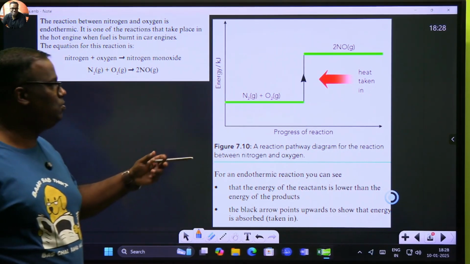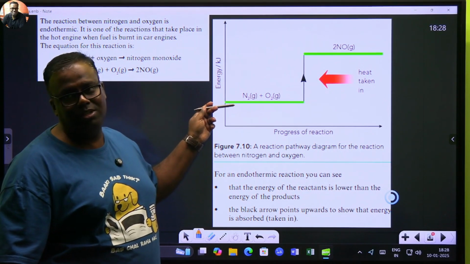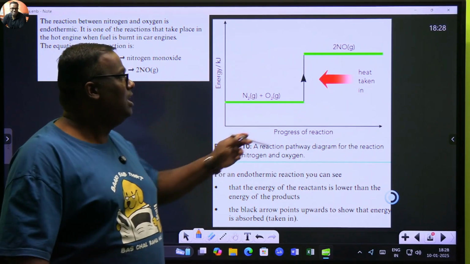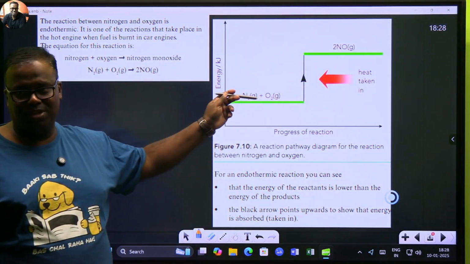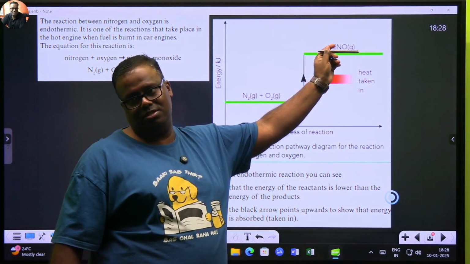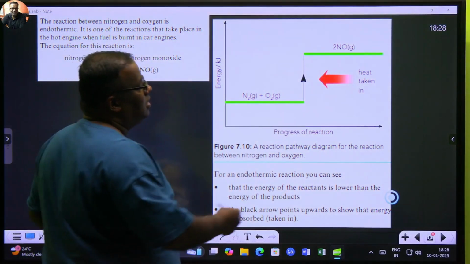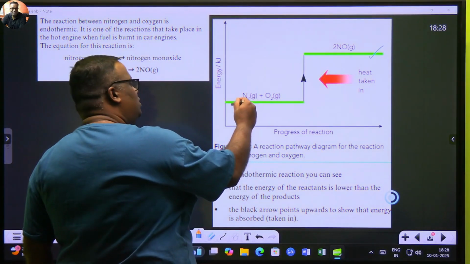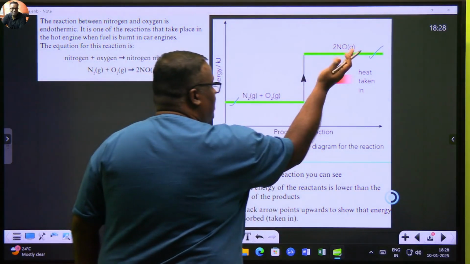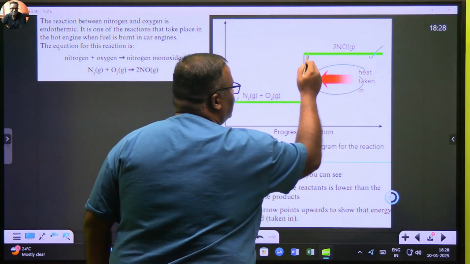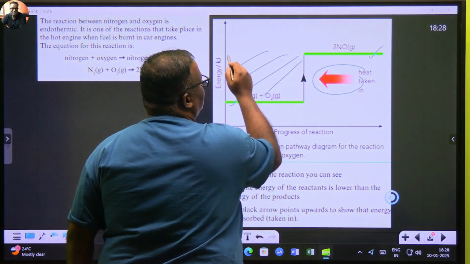मतलब ये reaction जब शुरू हो रहा है, at that time the energy of the reactants is less. Heat is entering the system. So arrow is upwards. So if you see, the overall energy of the product is high, but the overall energy of the reactant was less. Where did the product get this energy from? Well, this is the heat जो जाके ultimately